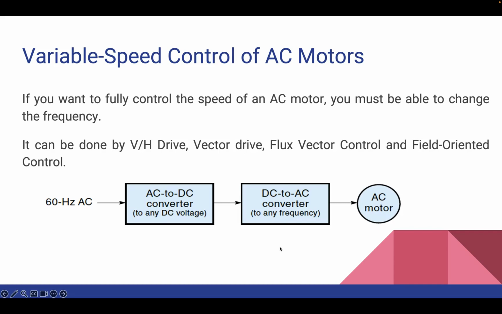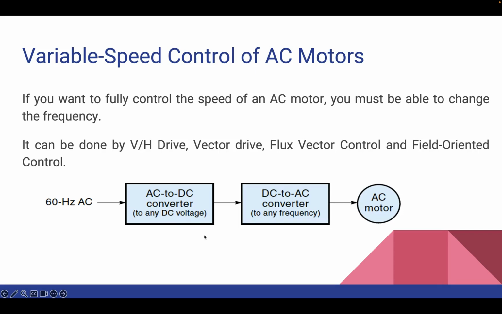A motor control unit, or the combination of the control unit and the motor itself, is commonly referred to as a drive. And there are four main options for AC motor variable speed drives. First one is variable frequency drive, second is the vector drive, third is the flux vector control, and the field oriented control. So in the variable frequency drive, this is one of the oldest methods where the frequency and the voltage supplied to the motor are varied simultaneously in proportion to